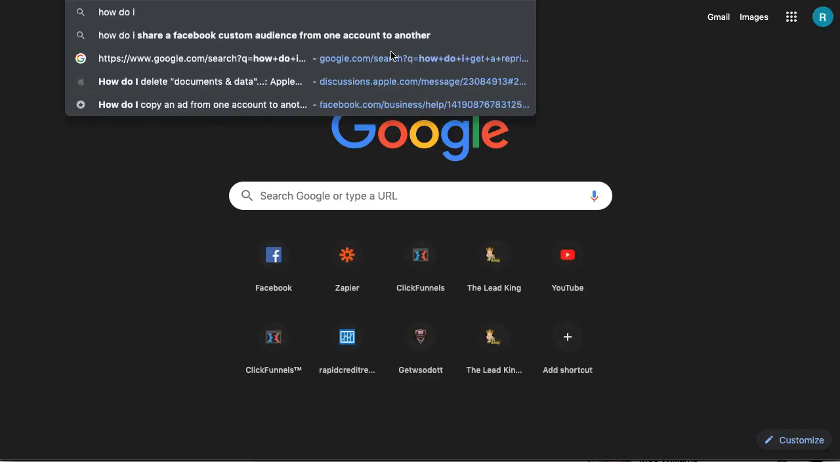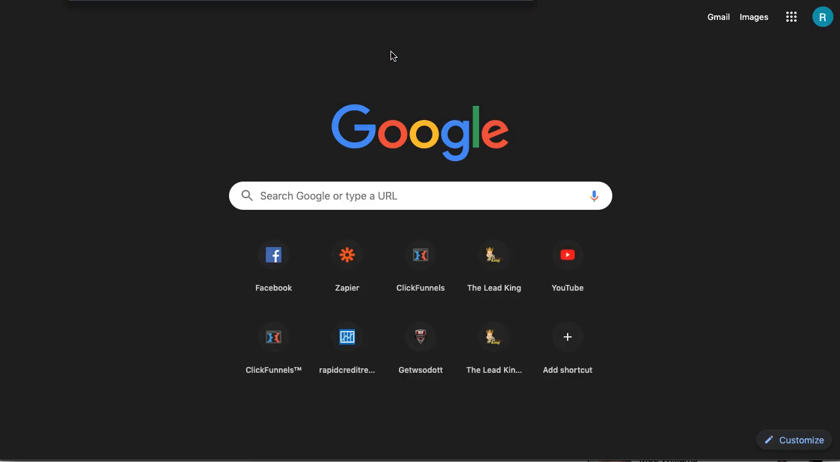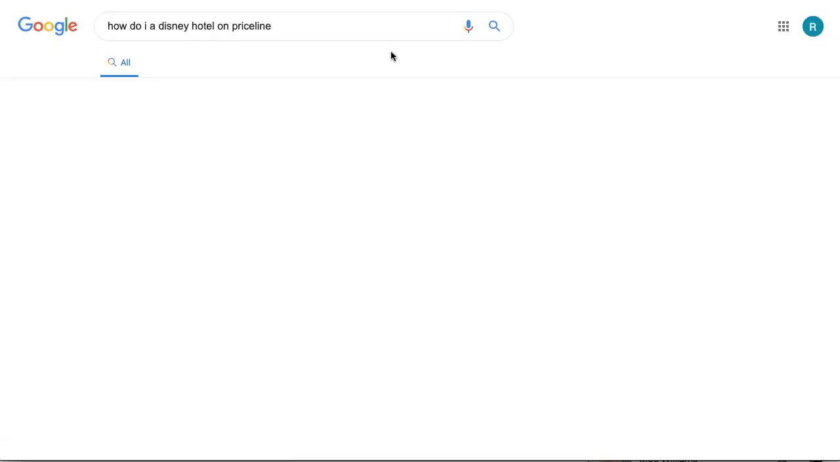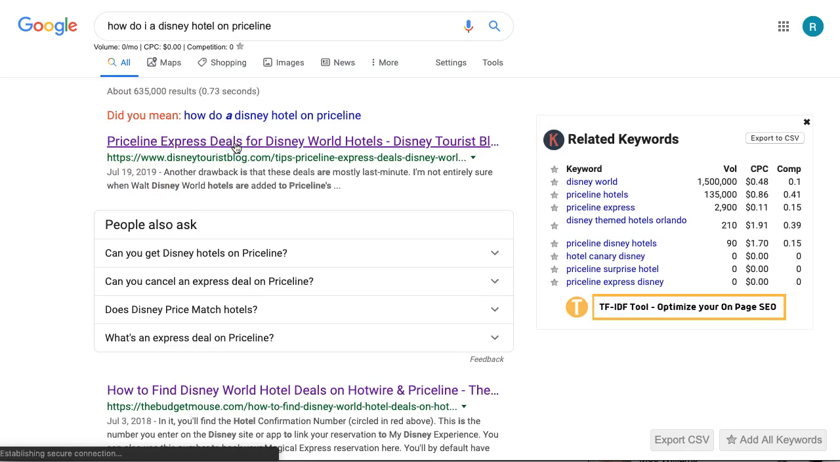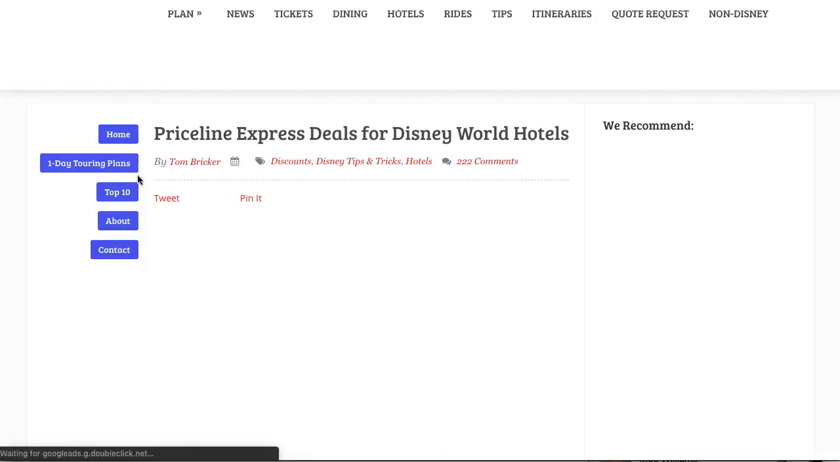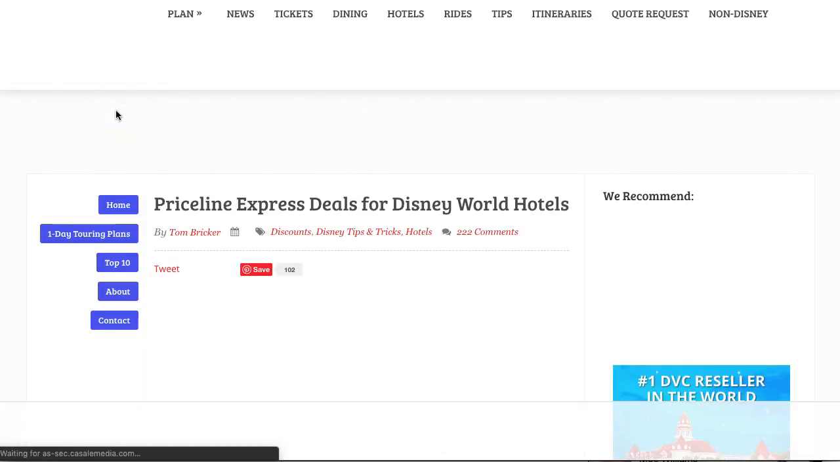So my search was, how do I get a Disney hotel on Priceline? And what I came up with was, the very first thing was a blog entry, right? Priceline Express Deals. So I clicked on that. I read through this whole blog entry,